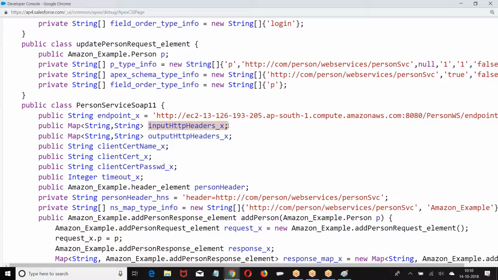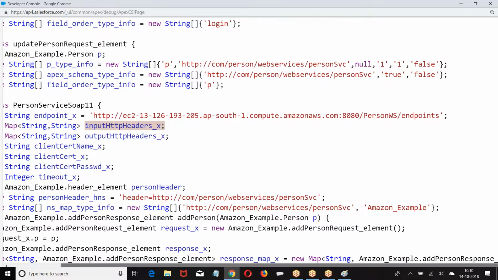Now suppose they got a URL here and they are expecting some data. Here, they are not expecting any data. If your URL is something like this, they are expecting, then you have to know that they are expecting you to pass the value in the URL. Then what should I do? The data they are expecting you to pass in the URL, I have to put in input header.